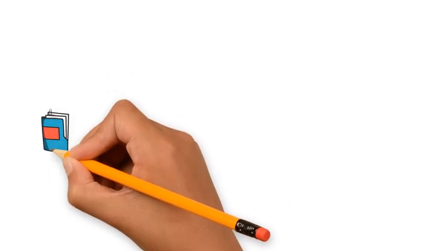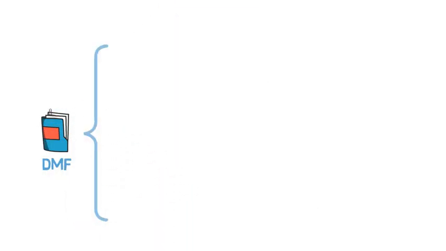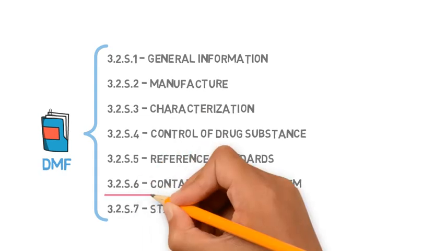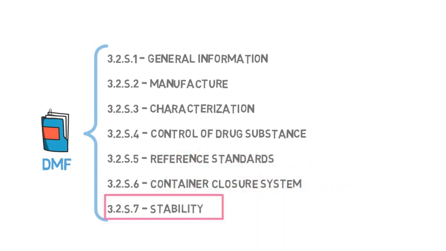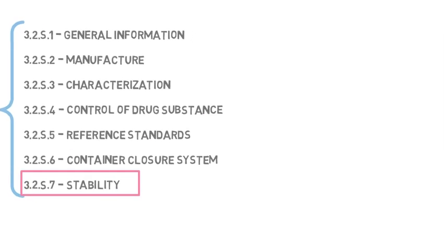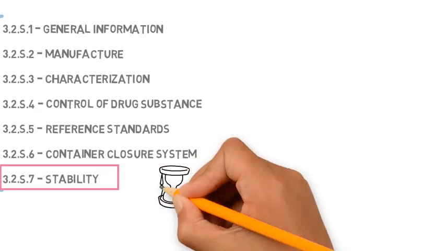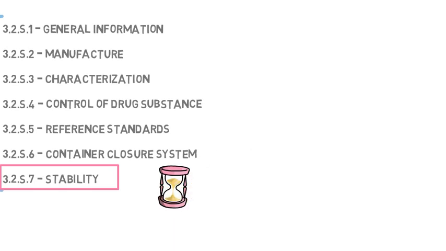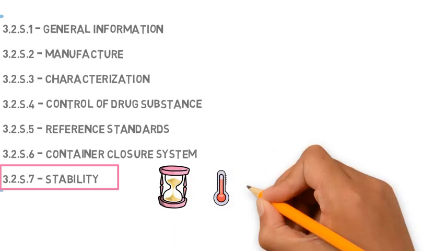3.2.S.7 Stability. The DMF in CTD format consists of 7 sections. In this video, we will talk about the last of them all, section 3.2.S.7, which is about the API stability. Our aim here is to know for how long the API can be stored in the temperature and humidity conditions